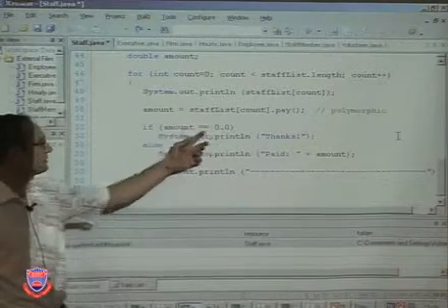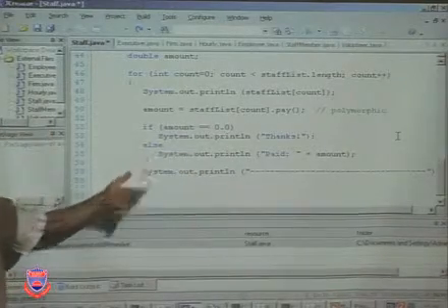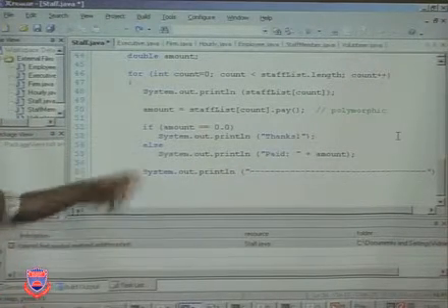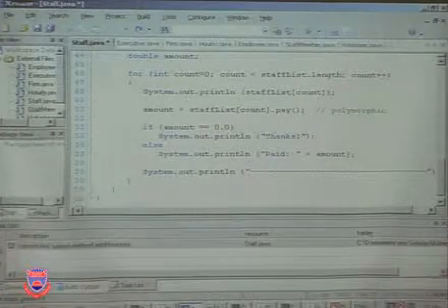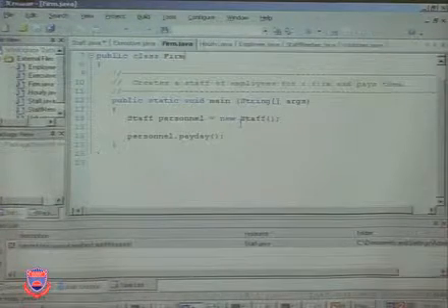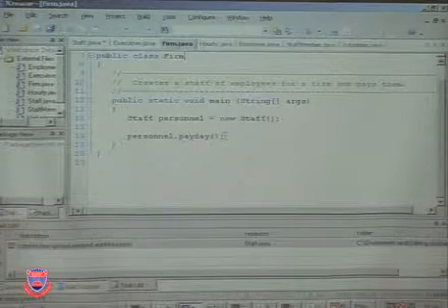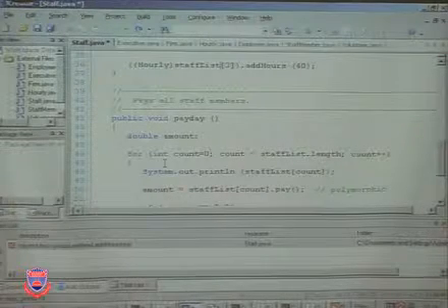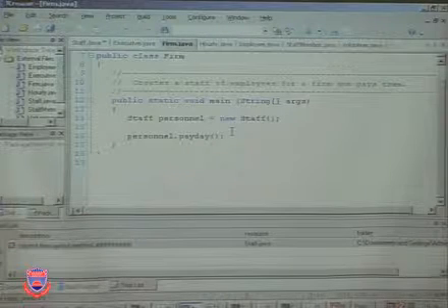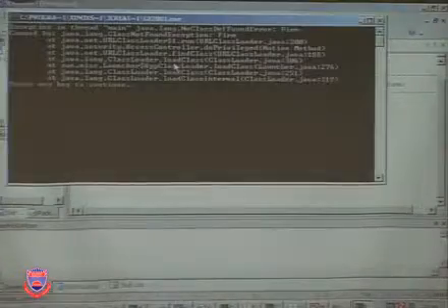And if amount is equal to 0, it will say thanks, which means it's a volunteer. Otherwise, it does System.out.println paid this amount, and then it will print the lines at the end. So if you look into Firm.java, it is creating the staff object and then calling the payday method of the staff. You could have copied it here and executed the whole thing from here as well. So if you wanted to execute this,